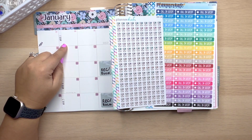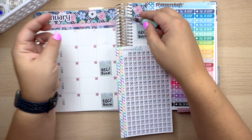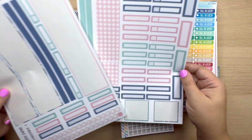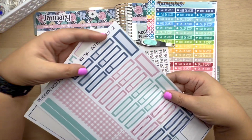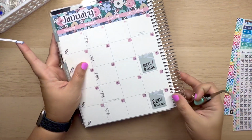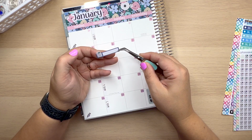And so right here is a shipment. So let's go ahead and we'll take one of these out. I kind of want to put it in a box. So let's grab our boxes over here and let's see, let's do one of these little appointment ones, honestly. I'm going to fold this over because it's just a lot easier for me to work with it that way. Like that, and then,